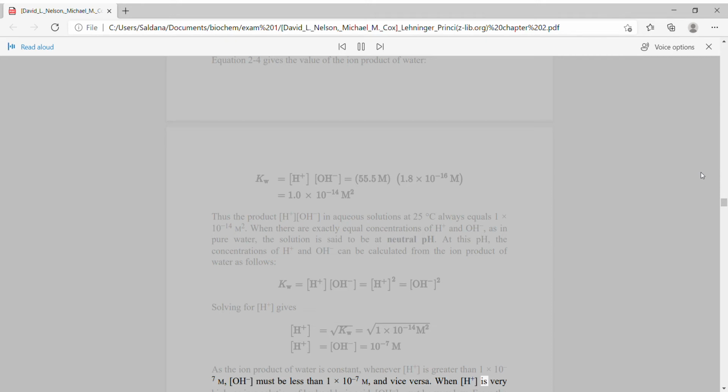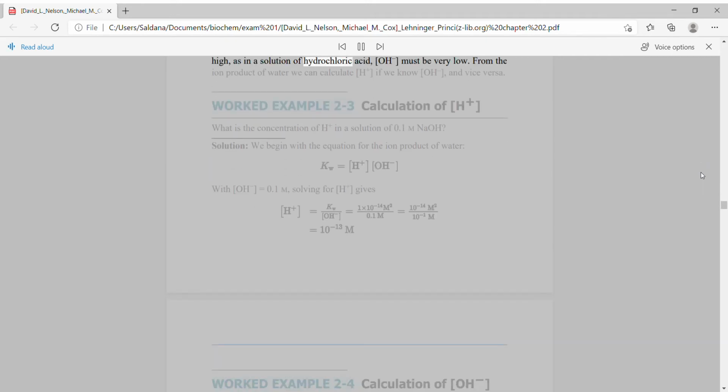When [H+] is very high, as in a solution of hydrochloric acid, [OH-] must be very low. From the ion product of water we can calculate [H+] if we know [OH-], and vice versa. Worked example 2-3: calculation of [H+]. What is the concentration of H+ in a solution of 0.1 M NaOH? Solution: we begin with the equation for the ion product of water. With [OH-] equals 0.1 M, solving for [H+] gives: